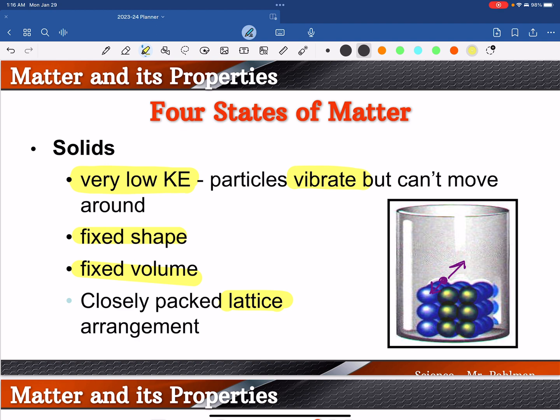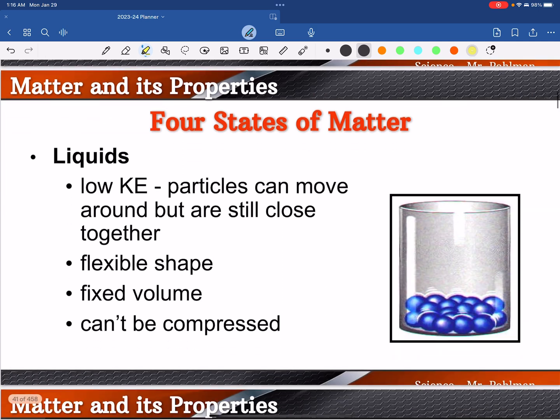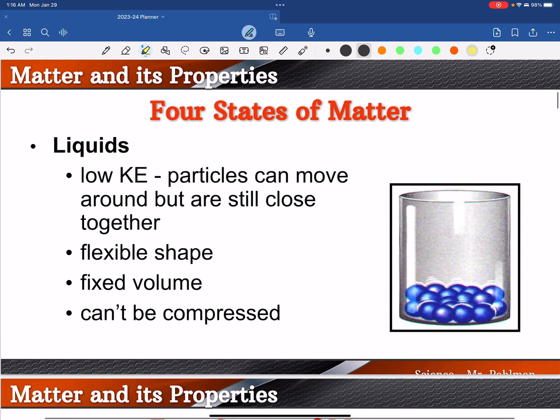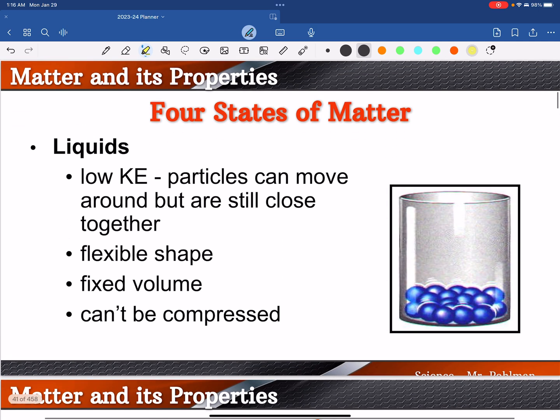Now, in terms of compressibility, are you going to be able to compress these solids very much, if at all? No. So solids, they're not compressible. We go to liquids. Liquids are going to have a little more kinetic energy than what your solids have,